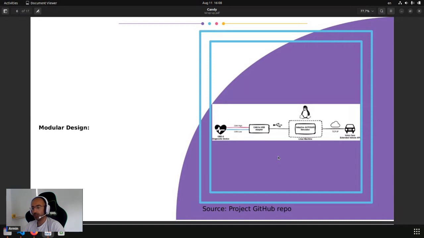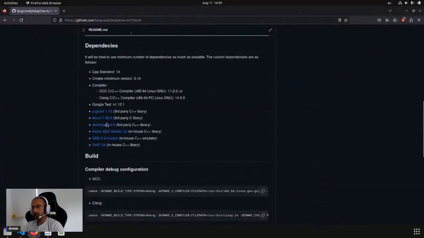In that case, I thought, okay, you can have an abstraction layer that the adaptive AUTOSAR simulator can talk with, and after that abstraction layer, you can build your own operating system interface for your network communication. I can show you the dependency list. I ended up with some in-house dependencies, and one of them was the async BSD socket library, and that actually made it obligatory to use Linux for running the simulation. But if you drop this library from the abstraction layer, you can use your WinSock library or anything you want, and then this simulation can also be run on a different type of machine,